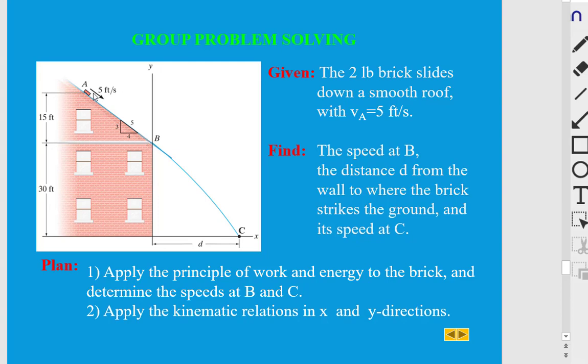knowing the information of that object at A. So T1, which is half the mass, which is 2 over 32.2, multiplied by V squared, which is 25, is going to be equal to T2, which is half the mass, 2 over 32.2, multiplied by the unknown velocity, which is tangent to that path, say VB squared, and the change is positive as it has gone from A to B,